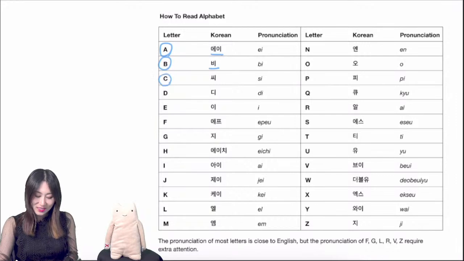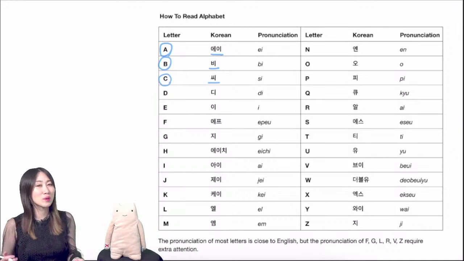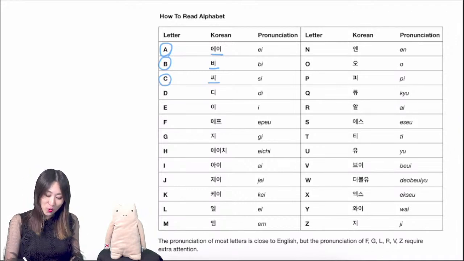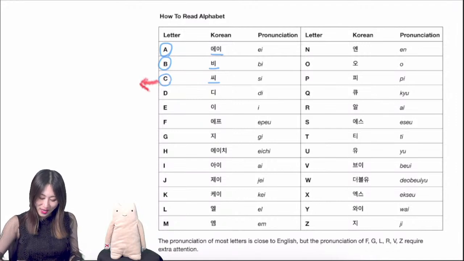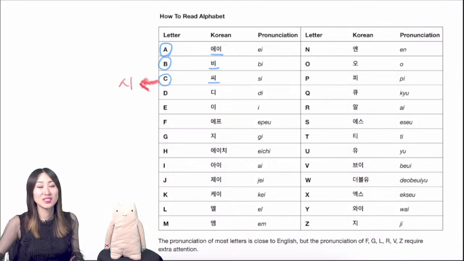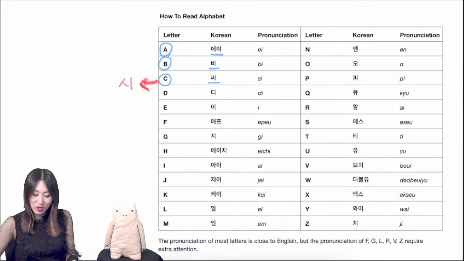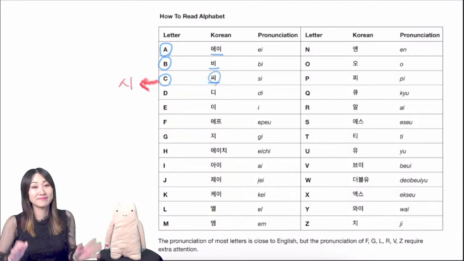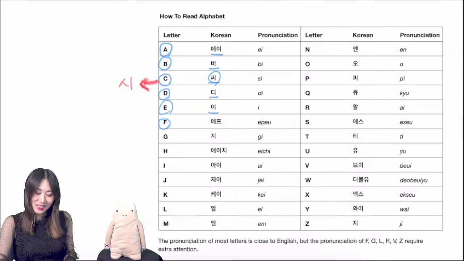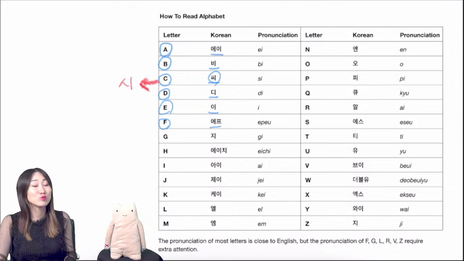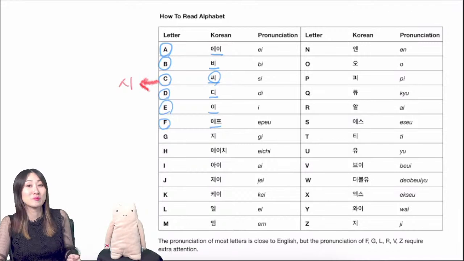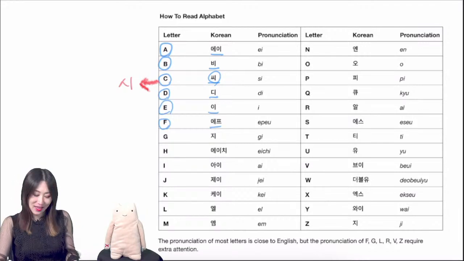This is C. Or, well, I think more Korean people write it as this, but according to the dictionary, it should be written like this. And D, E. This is F. We don't have the F sound, so we use a P sound instead. F, G,